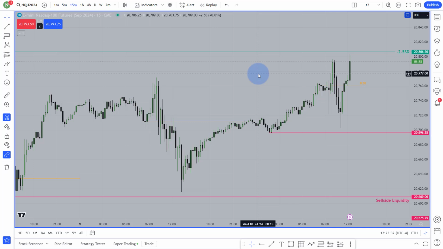As there is the price action from the Wednesday morning session, I will explain over here the price action and I will explain how you are going to